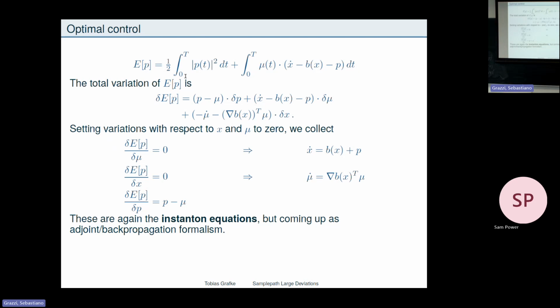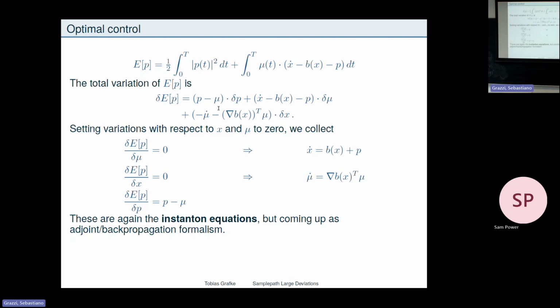So if I had before Hamilton's equations, then p and mu would be equal, and they are at the minimizer where the variation is 0. If this is 0, then p would be equal to mu. But if I'm at an arbitrary control and I want to slide downhill, then p minus mu, the mismatch between those two equations, is the gradient definition. So these are again the instanton equations, but now you wouldn't explain them as equations of motion of a classical mechanics field with a fancy Lagrangian, but instead it's just the adjoint or backpropagation mechanism of an optimization problem under a constraint. It's the same idea, of course, and maybe this is not new to anyone, but it comes out with the same equations here.